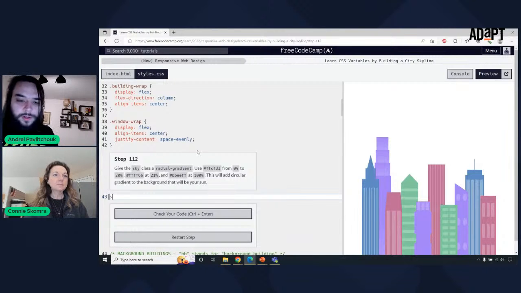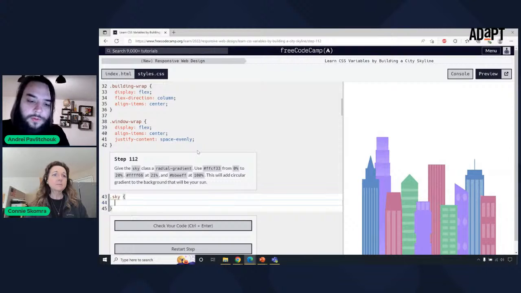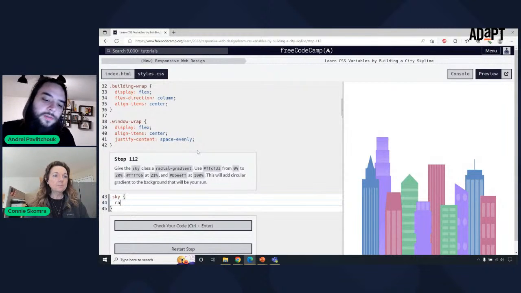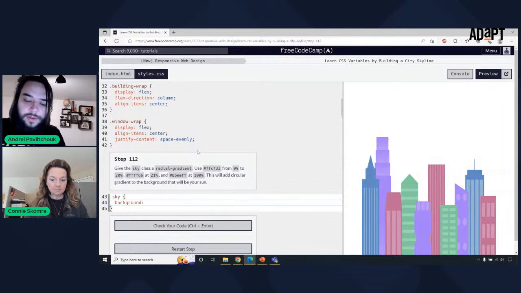Give the sky class a radial gradient. That's probably another background. Yeah, it's a background. Radial gradient, and that will be